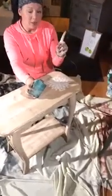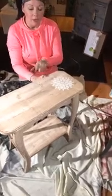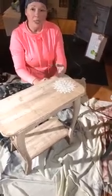So right here, just as a quick tip as well. So remember, I decided if I had put this flower on before I put the glaze on, the flower would still...